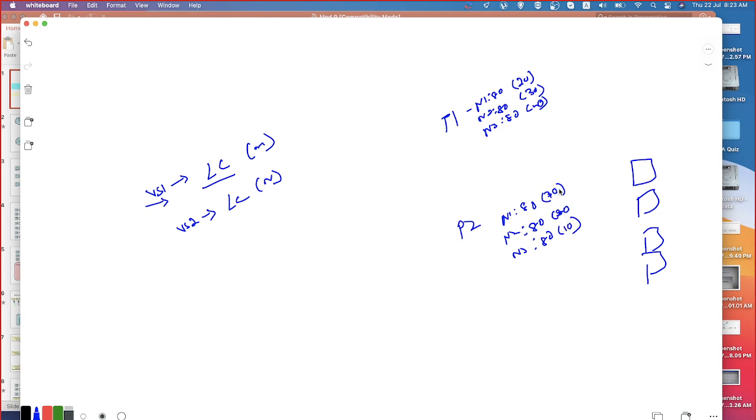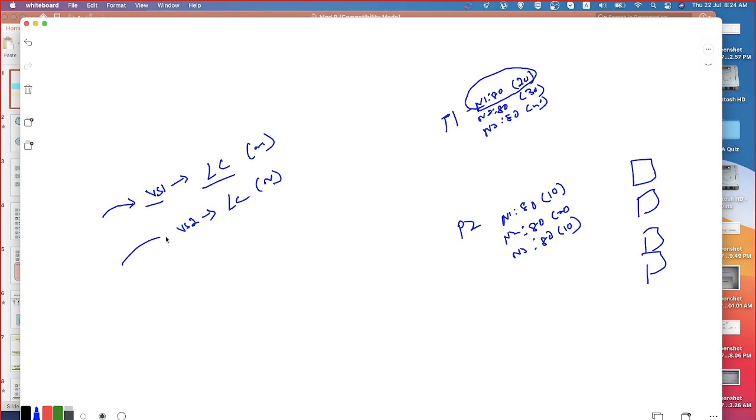Okay, wait, there is a small confusion here. Let me call this as 40, 10 plus 1, 30. Okay, now this is the condition: 10, 20, 10. Now virtual server 1 is receiving the traffic. Which of the servers will be chosen? Member 1, member 2 or member 3? Member 1, because according to least connection, member 1 has the least number of connections. So the next connection will be forwarded only to member 1.